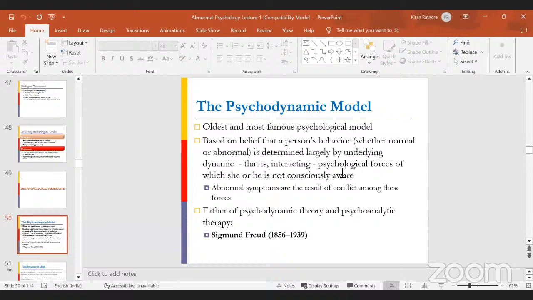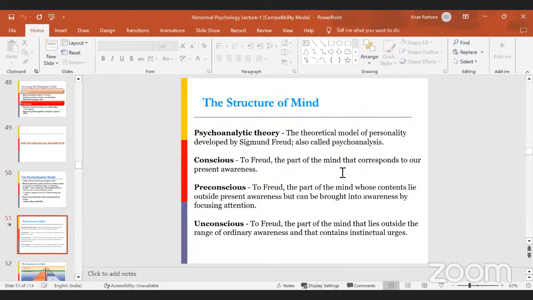This model is based on the belief that a person's behavior, whether normal or abnormal, is determined largely by underlying dynamic, that is, unconscious forces. The person is sometimes aware and sometimes not consciously aware of these underlying forces, which can result in conflict. Okay, so Freud's psychoanalytical theory